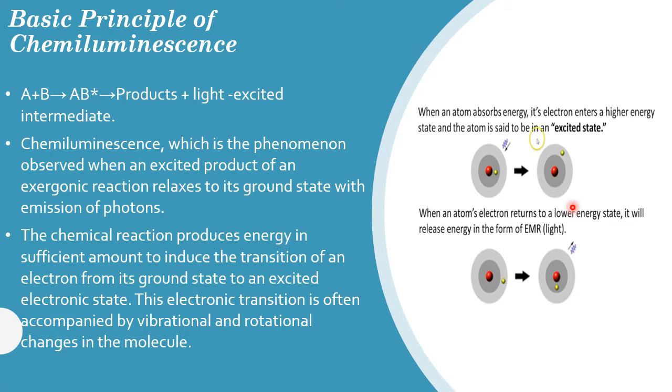The electron falls back down to its original position in the ground state. In the process, a packet of energy, that is a photon, is released in the form of electromagnetic radiation. The wavelength depends on the amount of energy. If the wavelength is within the range of visible light, the electron transition will be perceived as light of a particular color. Thus, chemiluminescent reactions do not usually release much heat because energy is released as light instead.